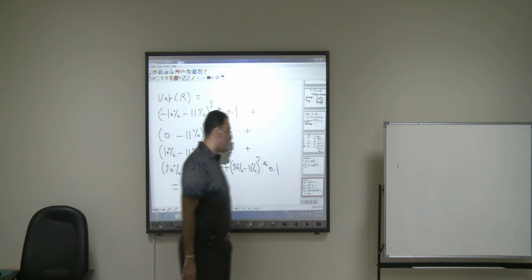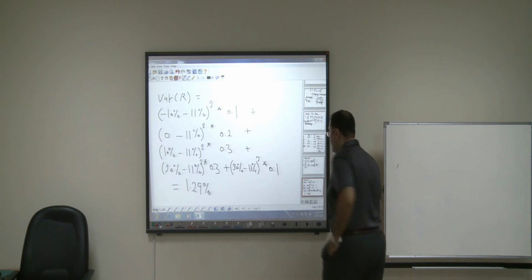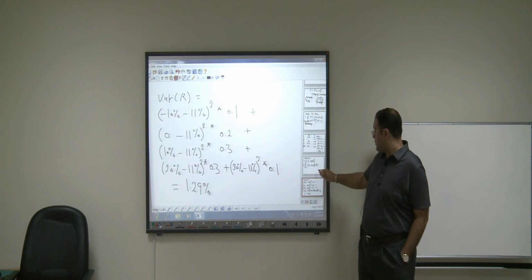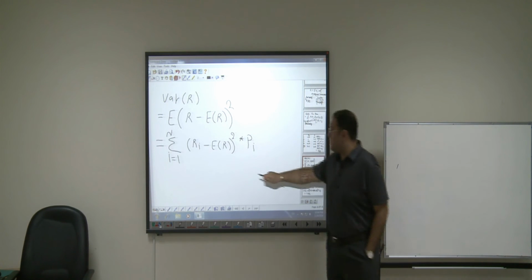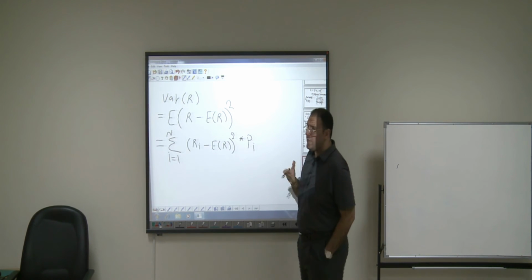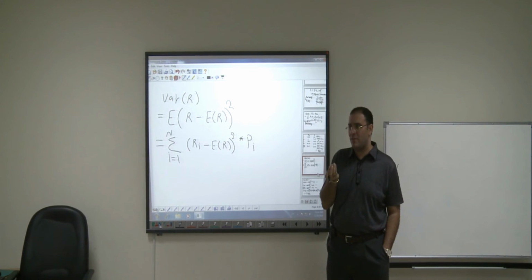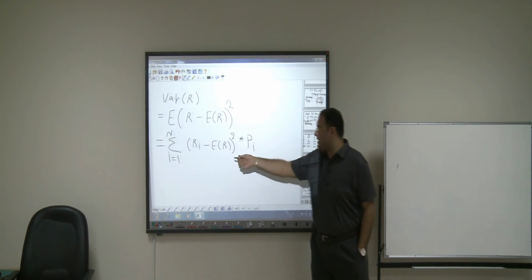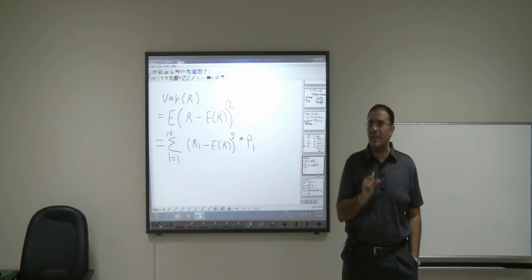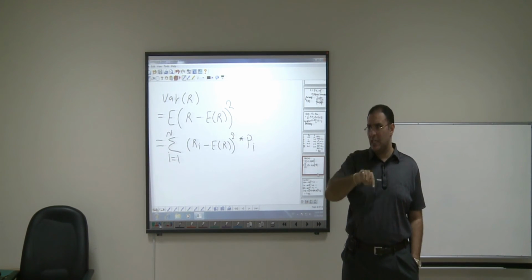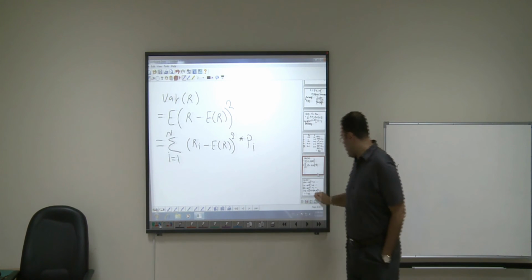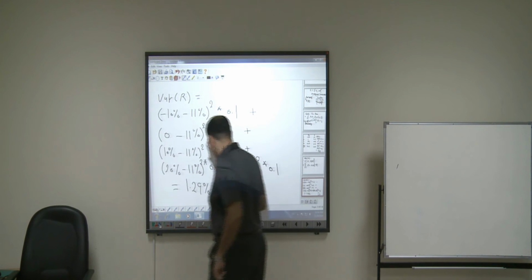Now, what else can we do here? Okay, so let me continue. This is now the variance, which is about the square deviation from the mean, right? But my measure was about how far, the deviation, right? But I squared the deviation. So how can I possibly go back from the deviation squared to just the deviation? I have to take the square root. Good. So the square root here,